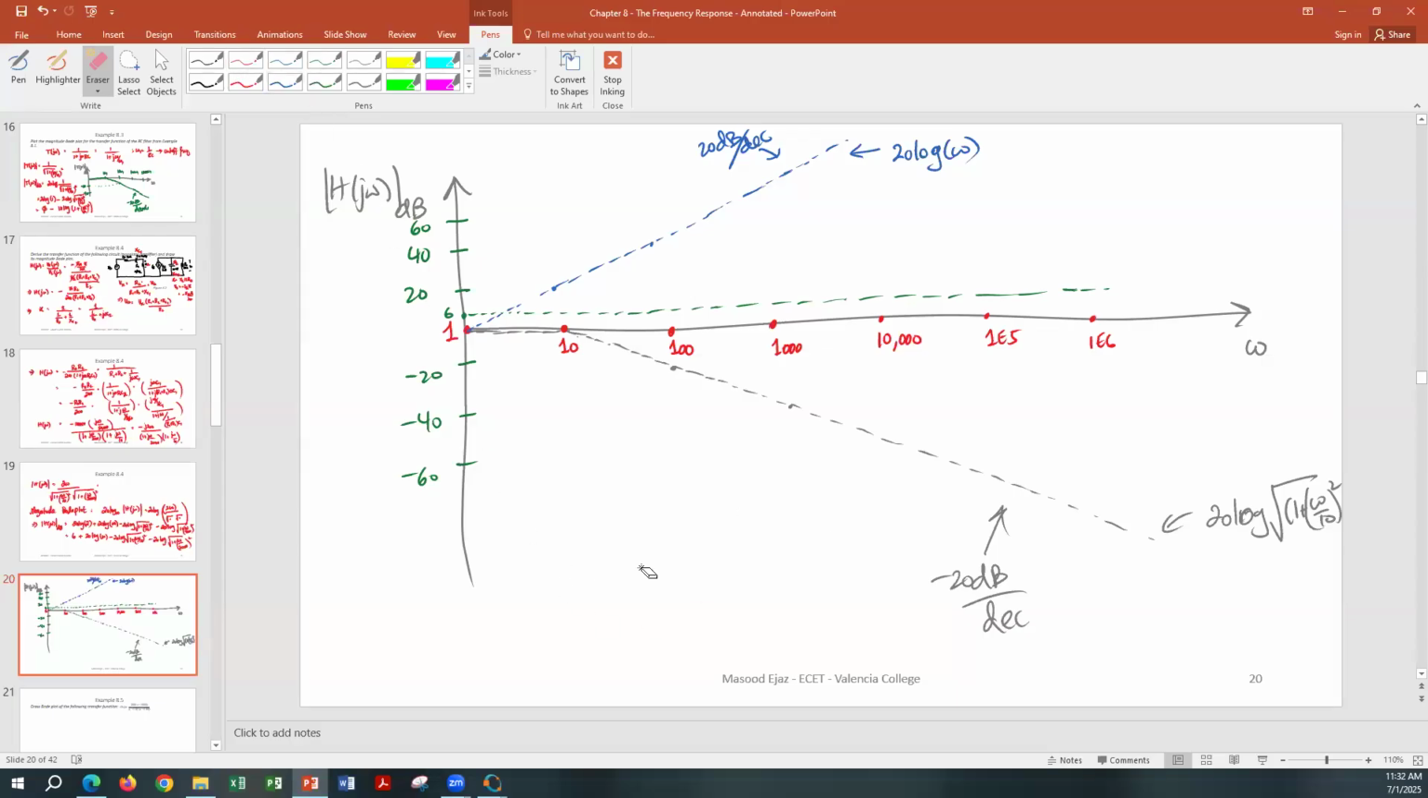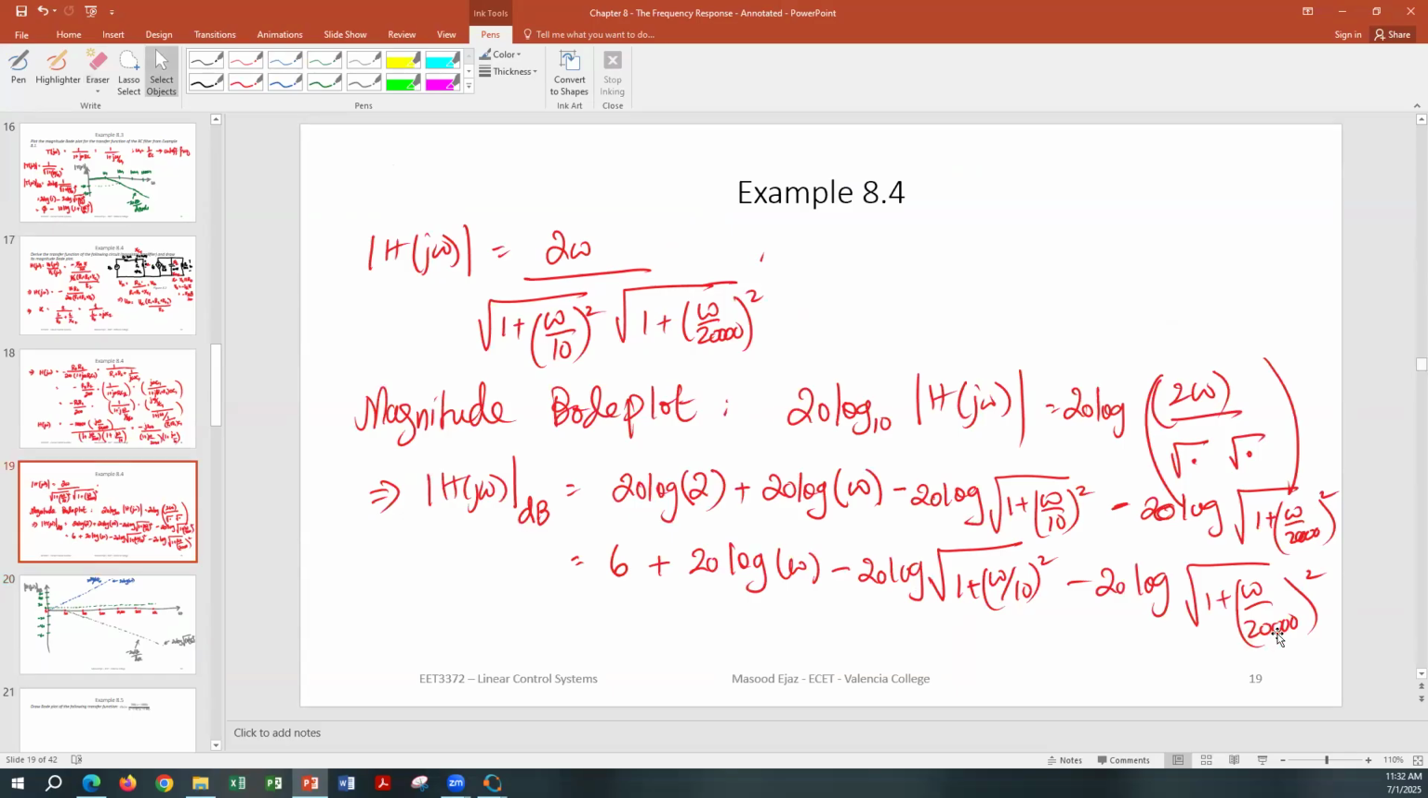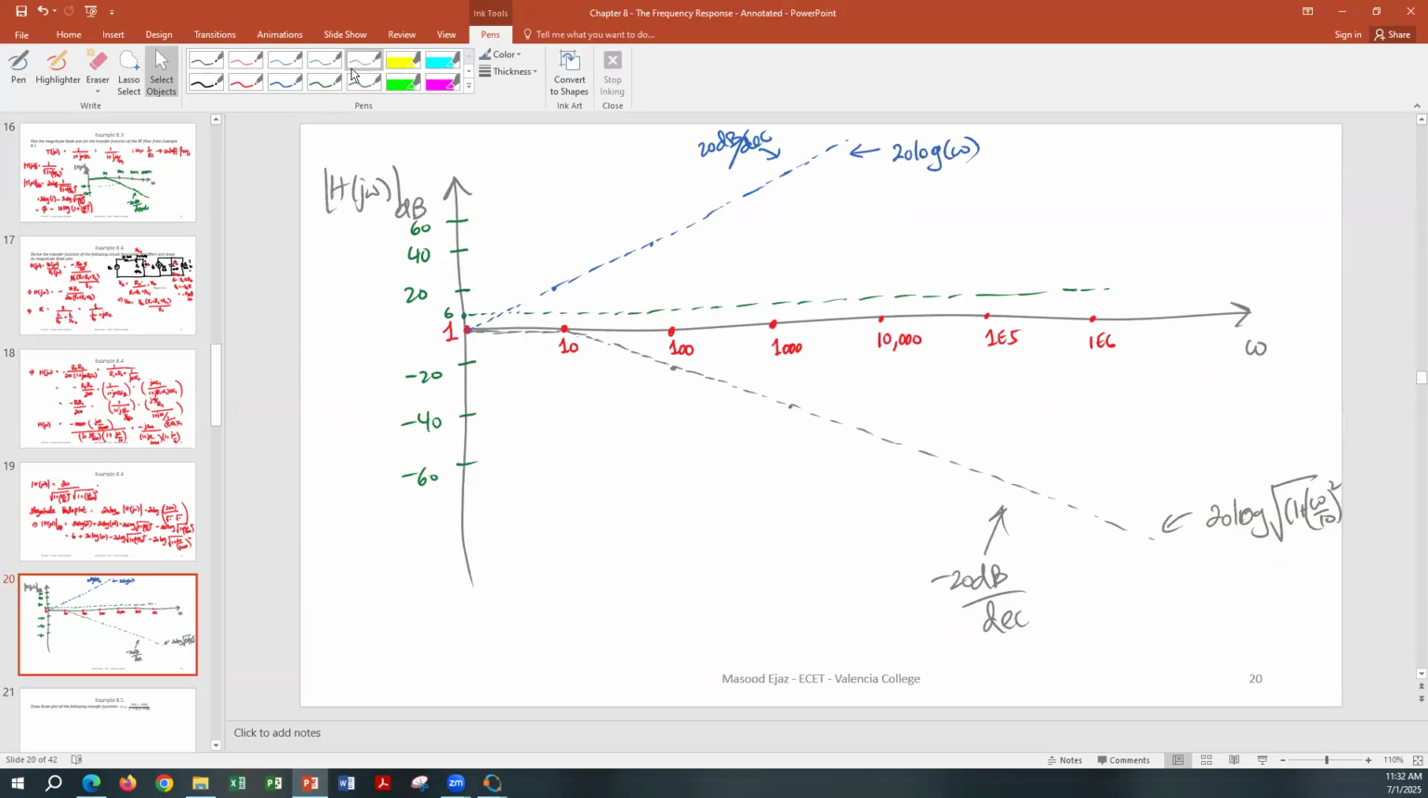All right, and the last one is our 20,000. So up to 20,000 it will be 0, and after 20,000 it's going to drop by 20 decibel per decade. So let me just use the same gray color. 10,000 is here, and then 20,000 will be somewhere close to 10,000. Let's say this is 20,000. So it's going to go to 0, 20,000, and it's going to drop